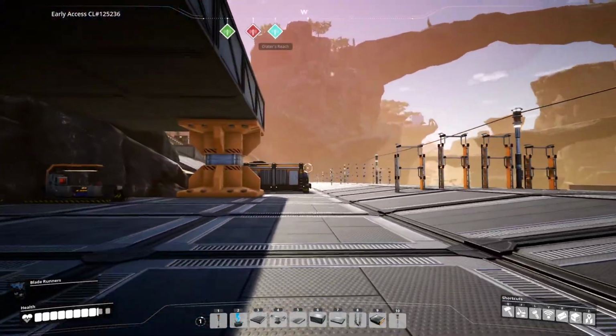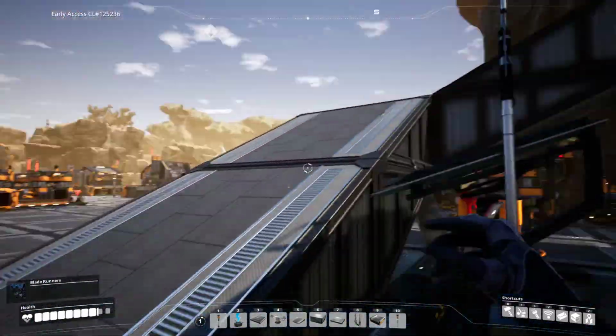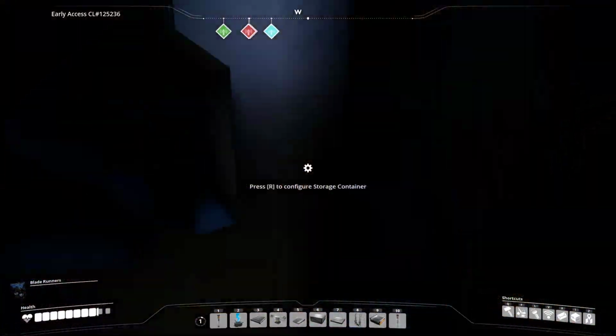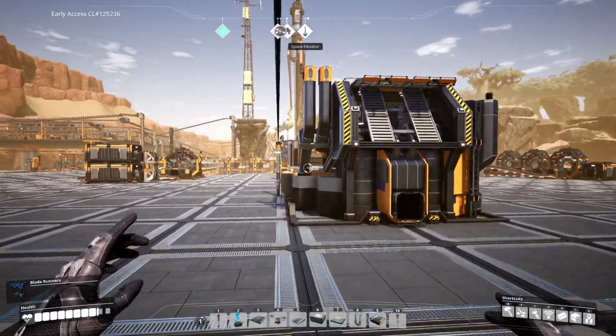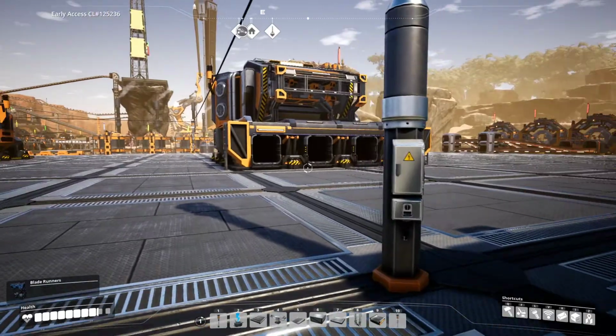So I've got an assembler over here. These 2 feed up into the assembler, and the assembler just feeds the products that I want right into my base right here, and so that'll be cool. I've also got my, this is going to be my beacons and my ammo supply right in here,